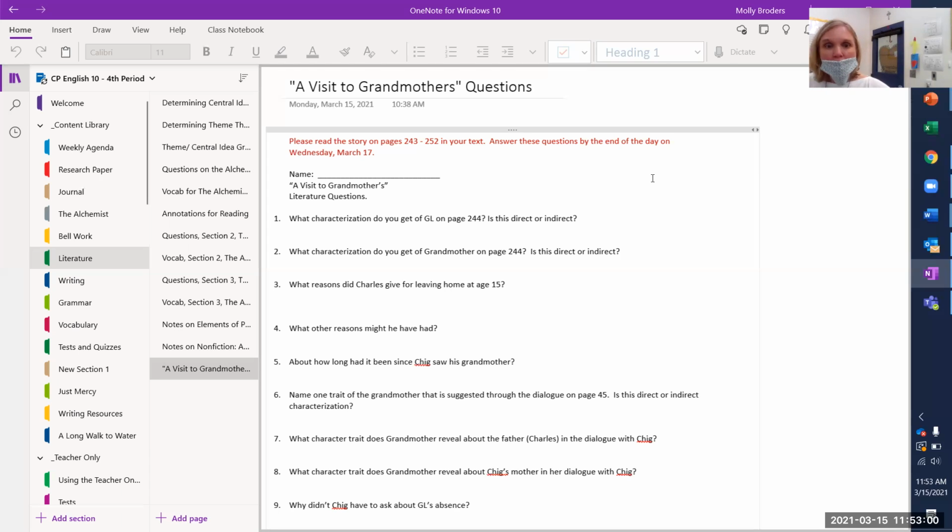Okay, so number 6, name one trait. We already did that. Number 7, what character trait does grandmother reveal about the father in the dialogue with Shig? He's honest. Okay, remember she said, you be honest like your dad, right? And she revealed that to us. The author revealed that about Charles through dialogue. That's an indirect characterization. Got it? All right. At the bottom of page